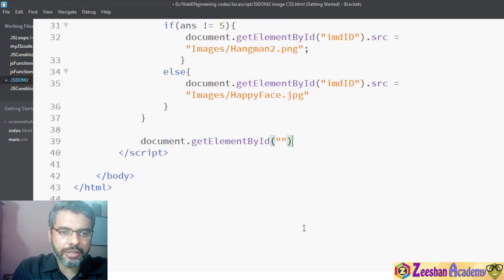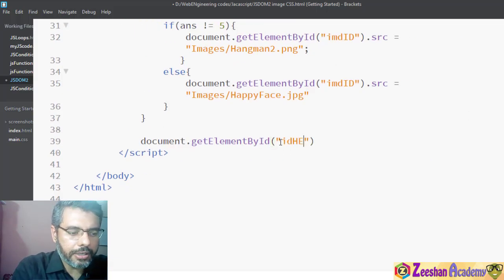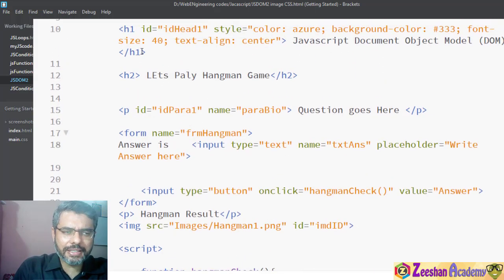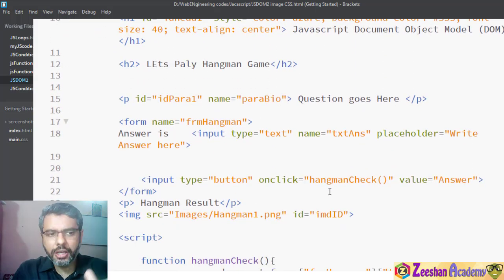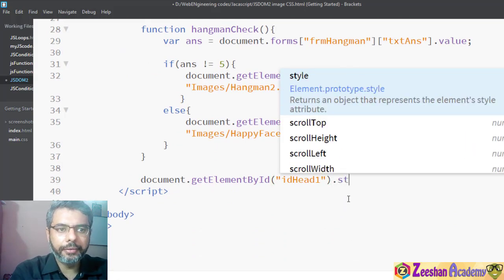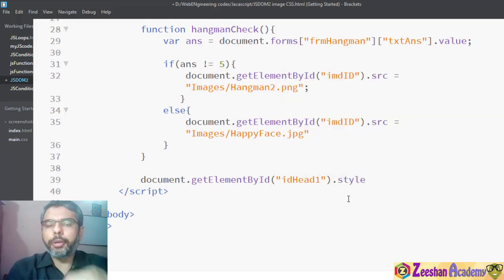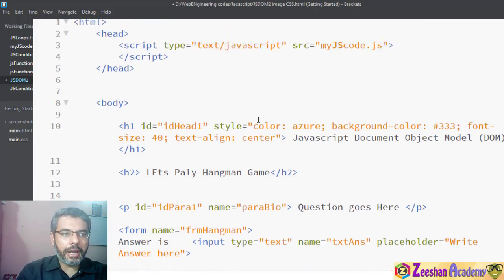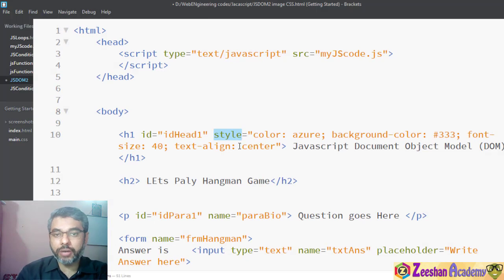So I will just use the same id, head 1. This is my id. Now what we want to do, because we have CSS here and we want to change the CSS, all you need to do is come here and write a property called style. Okay, style, because CSS is a style. Even when we write HTML, we give an attribute called style. So basically we are changing the attribute, not the CSS itself.